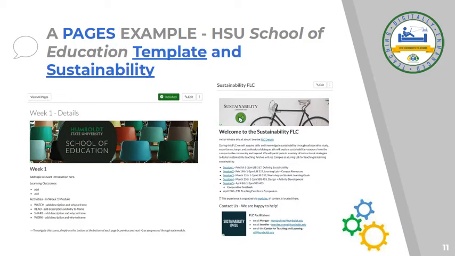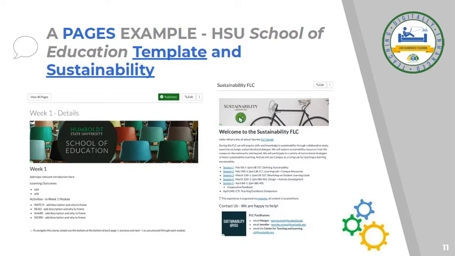A pages example here is the HSU School of Education template and the Sustainability FLC. The School of Education has a nice laid out page which reflects week 1 and goes over learning outcomes and activities for the week. Students can then look at that single page and really get a good overview of what's